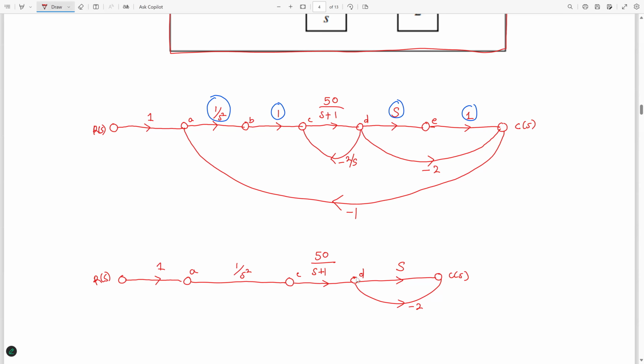Then from D to C is minus 2 of S. Then straight from C of S to A, and then I have minus 1. So this is how your final one should look, but I don't think it matters. If you can't simplify, don't force yourself. You can still use this, and I'm sure when you use Mason's gain formula, you'll get almost the same thing. Now the next one,